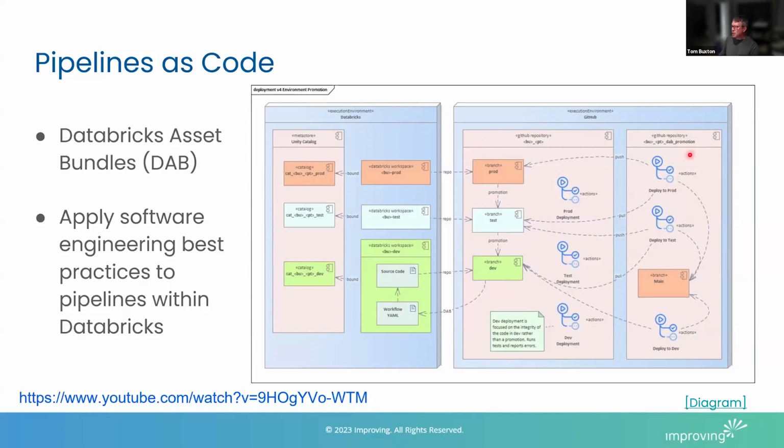Now, the new repo that we're providing here is the second one. It has a DAB promotion code. And basically, this is providing the GitHub Actions that we're going to use to pull not only our source code for our workflows, but also this workflow YAML that we're creating to actually glue them all together, basically building our code representation of our workflow, and then deploying that to the environment. So we can deploy that to the dev environment. That's more around testing. It's not actually really a promotion, but certainly for test and for prod,